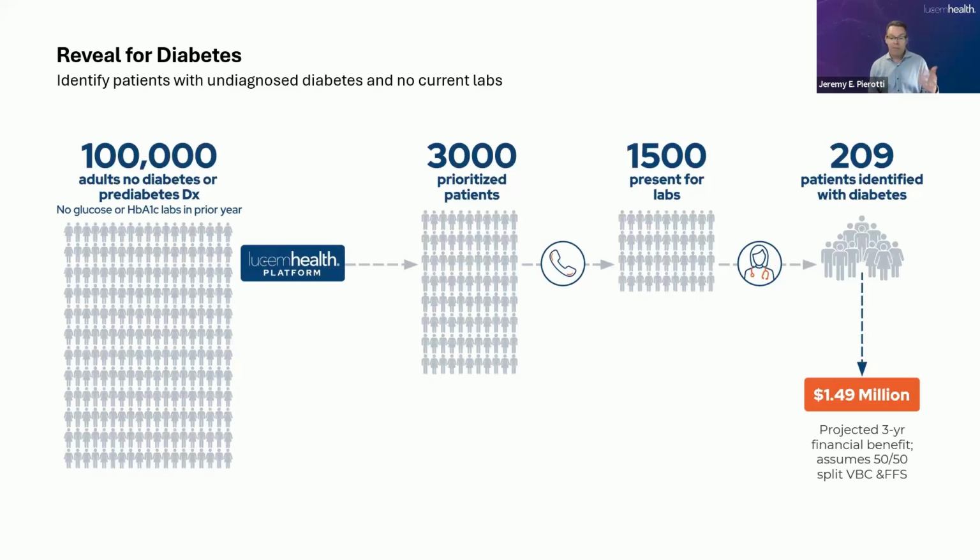We make the assumption that about half of those patients, when contacted, will come in for a blood draw. You can run updated labs, and that will generate over 200 additional patients that you've found with previously undiagnosed diabetes. That allows proactive management of their symptoms and their care. It prevents avoidable ED and inpatient admissions, and it obviously prevents more costly deterioration. And as I understand it, new risk adjustment scoring that was implemented this year actually encourages early diabetes diagnosis.